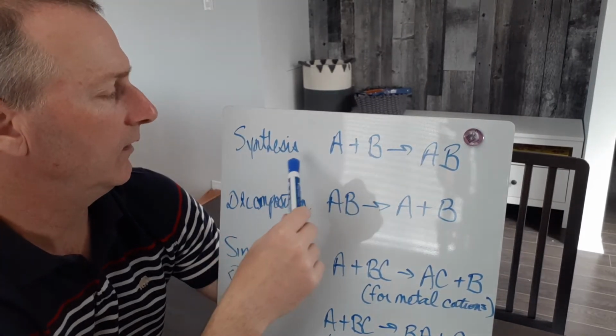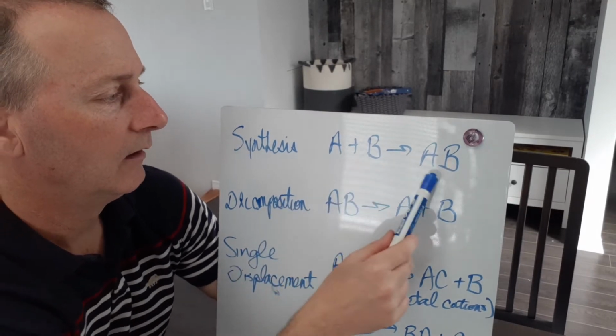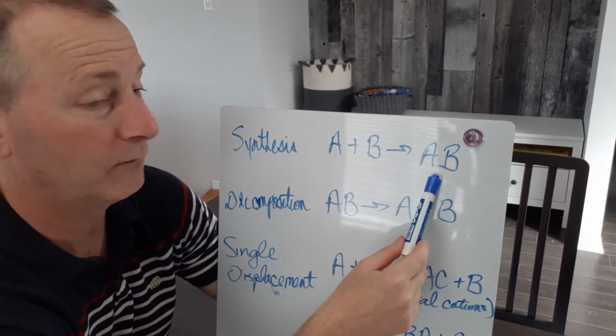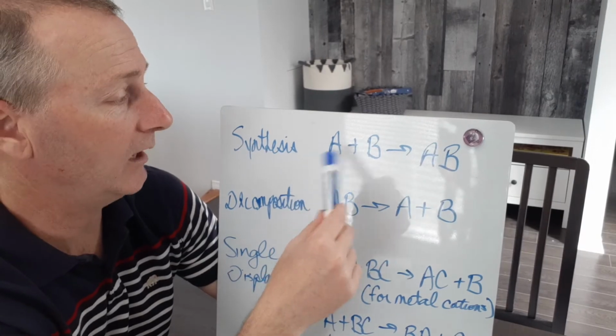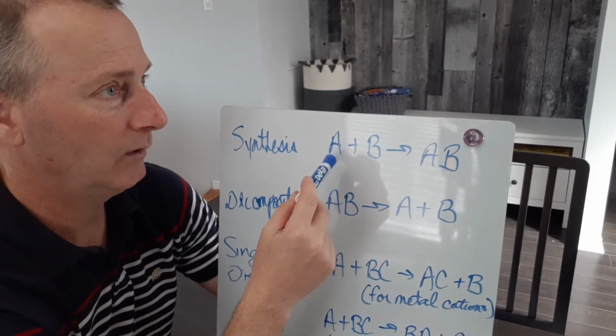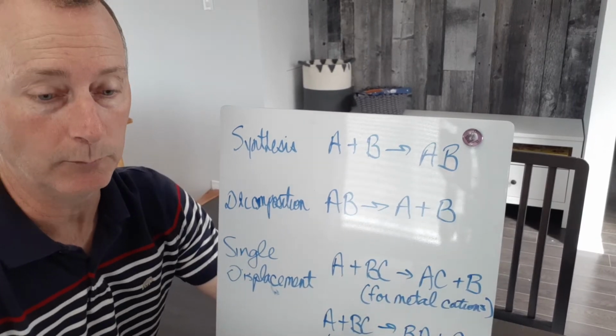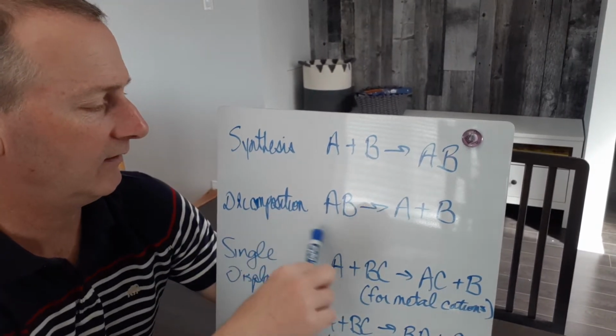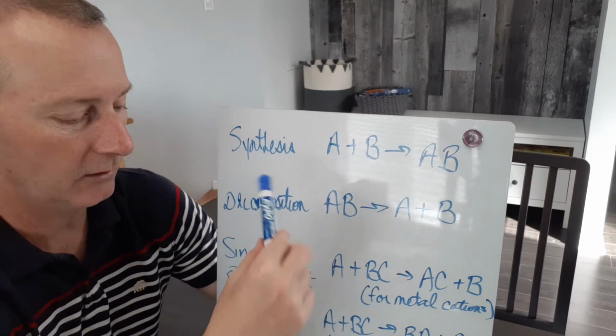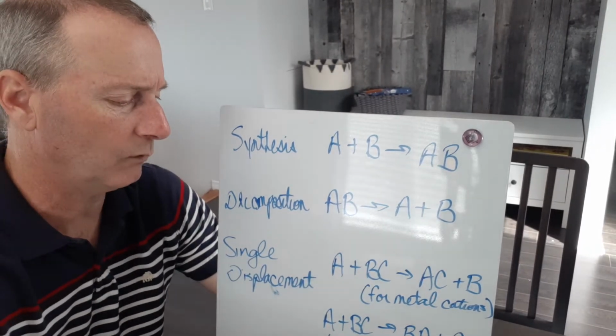We said that synthesis is A plus B, two or more things coming together to form a new compound. So there can be more. The book will show you some examples. We could have A plus C plus B plus D to give us ABCD. That's possible too. The same way, in decomposition, we could have a really large compound, and I think the book gives us one in